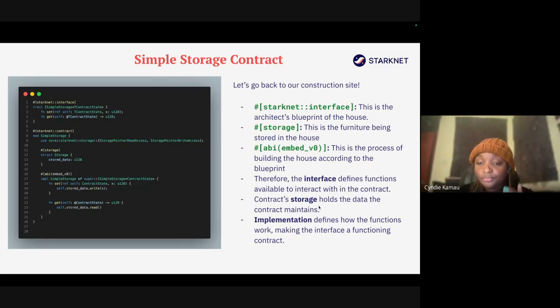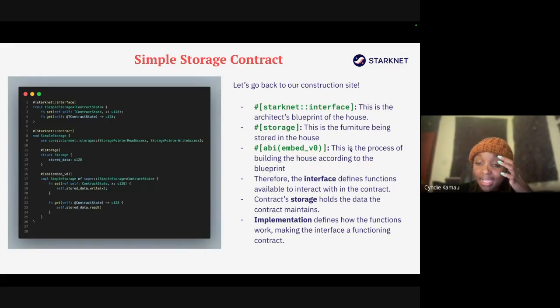So the ABI embed version 0 is where you're giving information, where our function is going to start. You're also going to see another attribute called external. It's not just this ABI, there's also another attribute called external. It's where you write the functions which you're going to implement in your smart contracts. So it's the process of building the house.